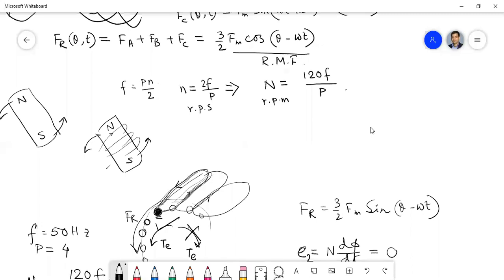I've sent you some numerical problems. Among them, the ones we have already discussed, those problems will be there. That is the pattern, and some theoretical questions will also be there. If you have the previous year questions, then you can get the idea of the theoretical questions. But for the numerical problems, I have already sent numerical problems on 2 chapters, single phase induction motor and DC machine. For 3-phase induction motor, I will also send you some problem sheet.